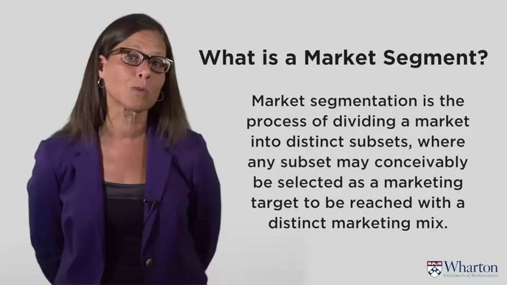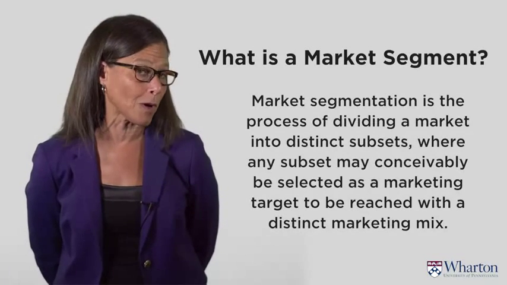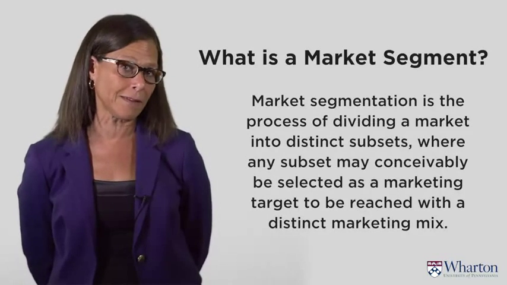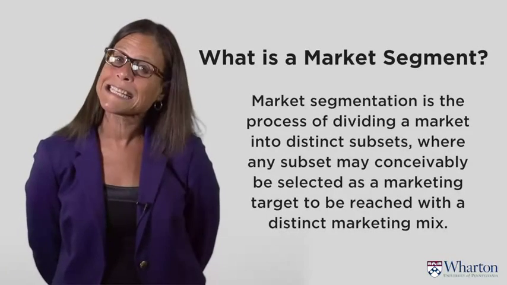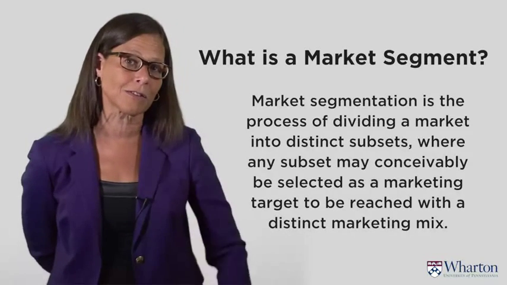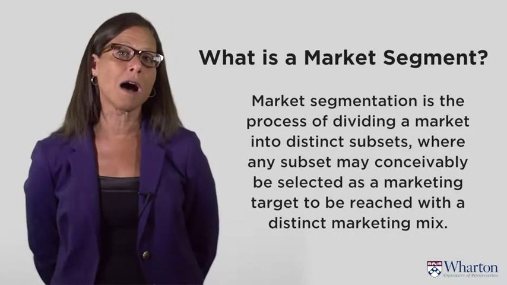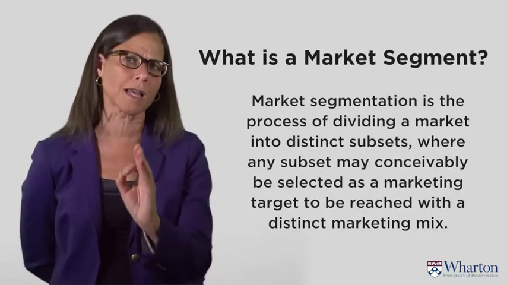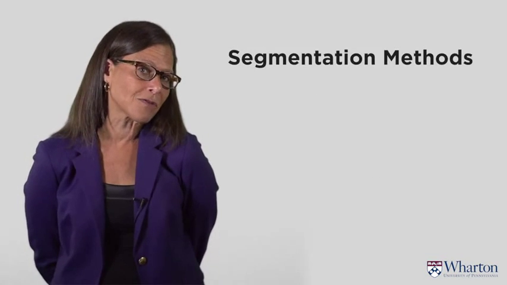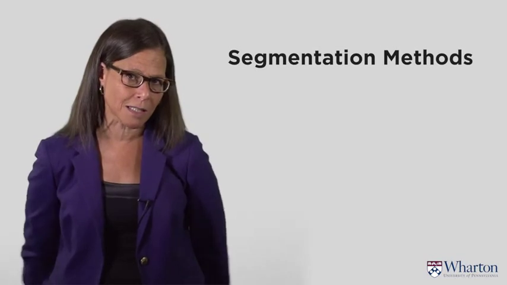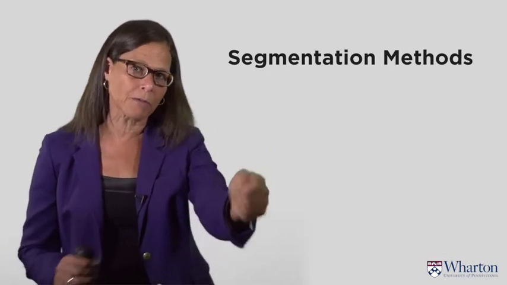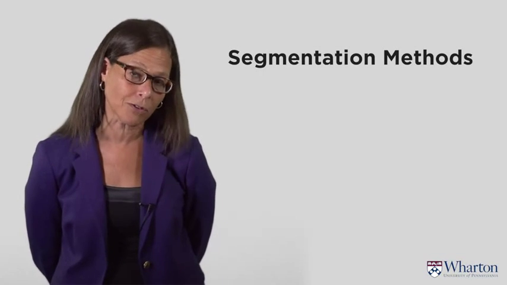What that says is when I'm looking at these different segments, they may want different products. It may make sense to advertise to them differently. It may make sense to price differently. It may make sense to deliver, as a place decision, or distribute to them differently. And so that's the definition of market segment, a very, very critical idea in marketing. So the question is, how can I divide up the market? You might understand the idea that I'm going to go after market segments, choose one of them, and then give a unique product package, or marketing mix, to that segment.